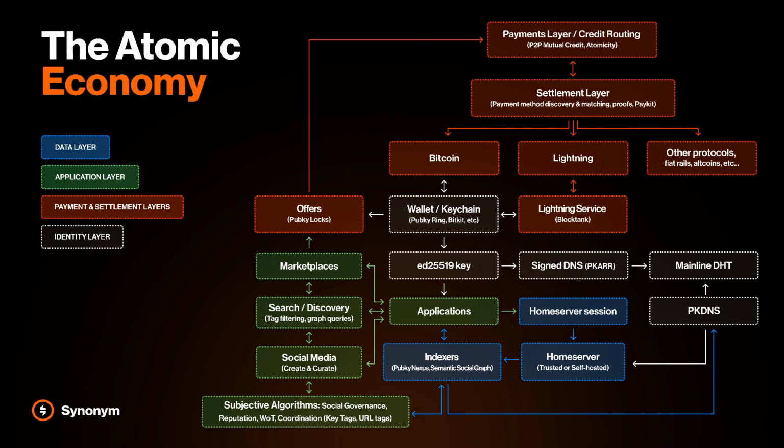And then finally, the red boxes. This represents all of the payment and settlement layer stuff. The reason why it's interesting to bring this up is because we are going to be doing distinct things through Pubky with this. First, what you'll probably see is the research and development around PayKit. And PayKit is a way that we're abstracting and coordinating any type of payment method across applications to do peer-to-peer settlement, and then basically be able to provide a proof of that to applications